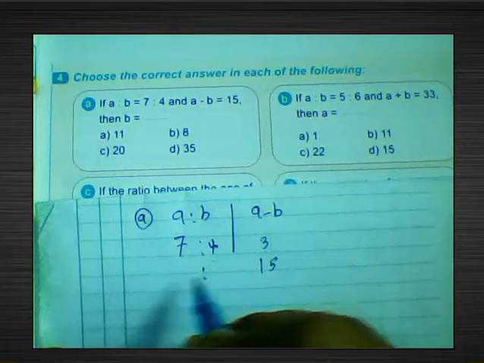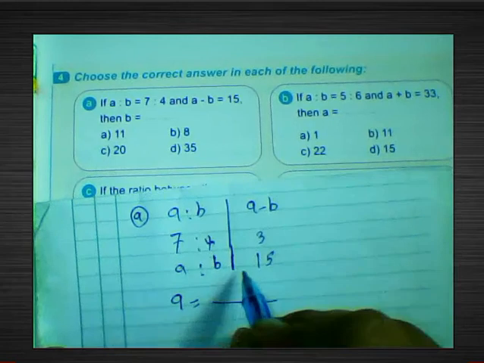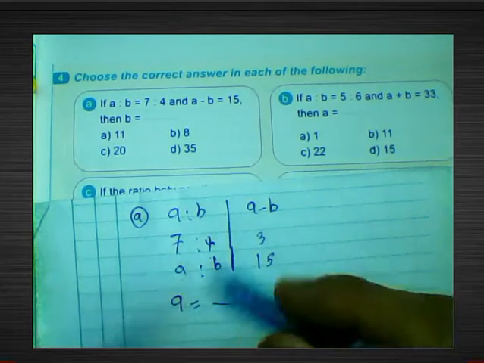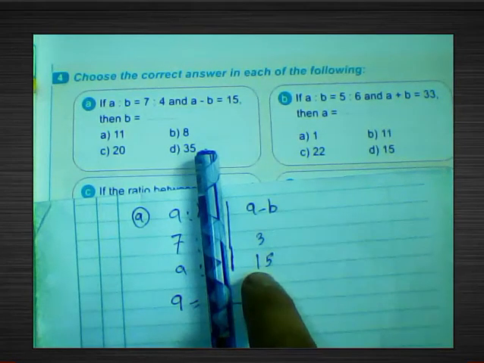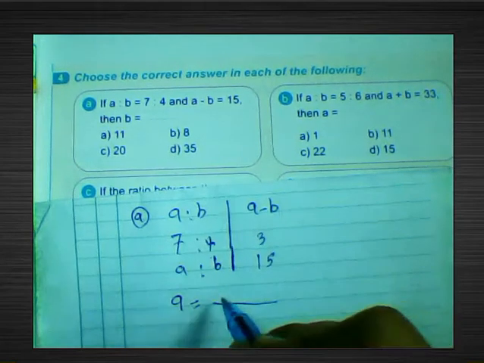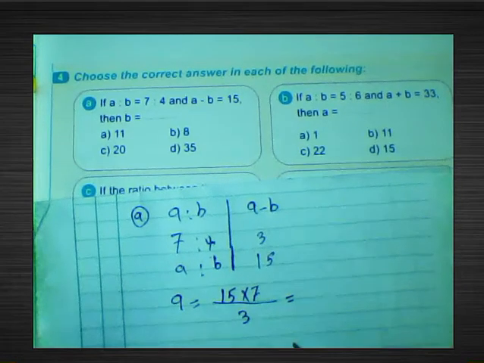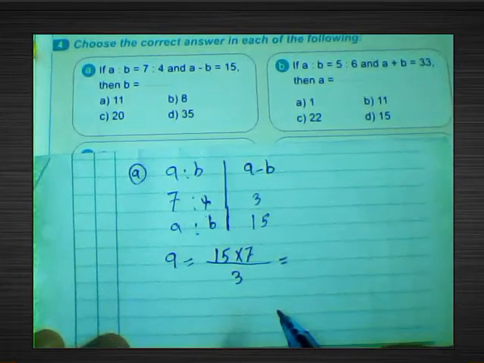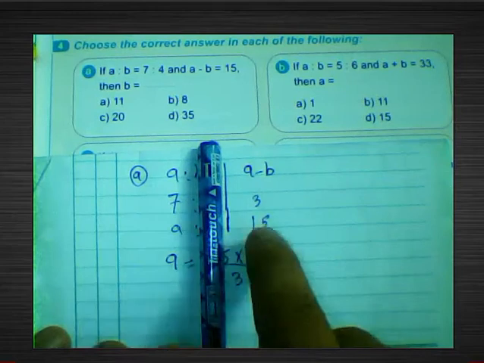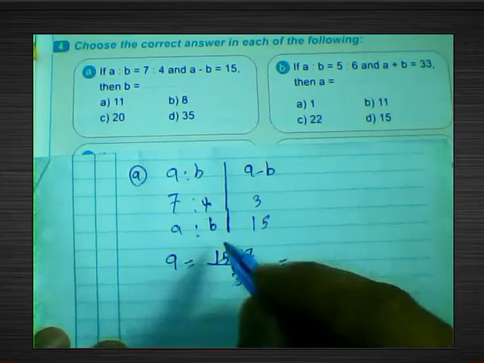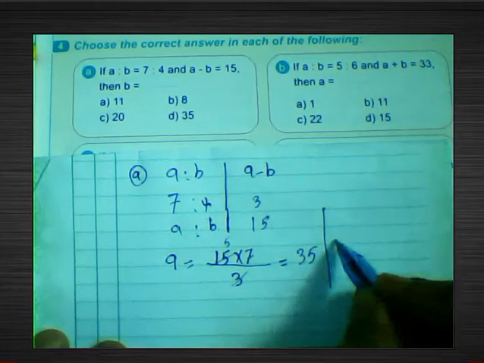So we can write here A and B. We can find A by separating this and finding the result: 15 times 7 over 3. Understood? Again, we will separate this to find A. 7 times 15 over 3. 15 divided by 3 equals 5. 5 times 7 equals 35. And B equals,